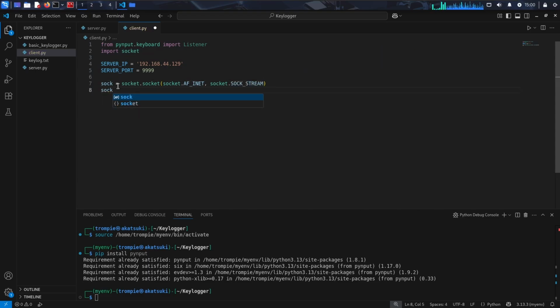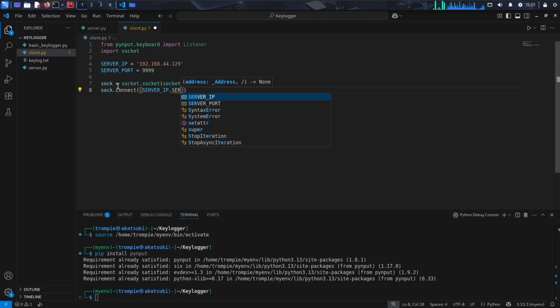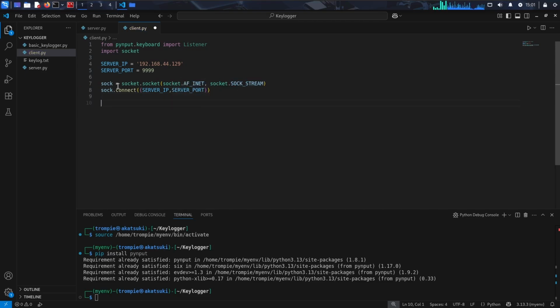And then this is where we're going to do sock.connect, and we're going to pass in that server IP and the server port. Now, similar to that basic keylogger, we're going to create a function, and we'll just call it the same. So if we do log keylogger, we're going to pass in a key,